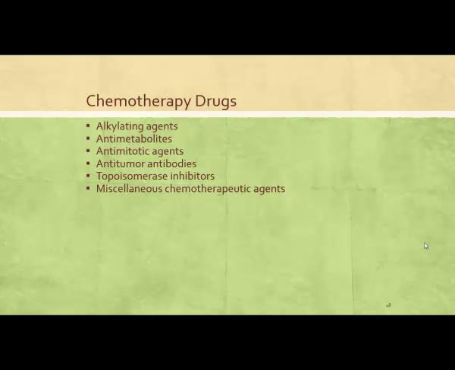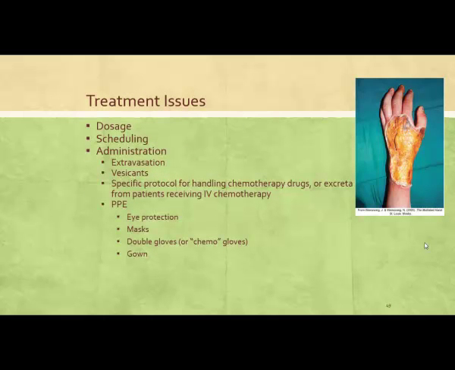And when we have that increase in effectiveness, we have more cell death, which then means more side effects to our patients. Some of the treatment issues we need to think about: dosing. In class, I talked about dosing. When we think about dosing, it's dosed off of milligrams per square meter of total body surface area. So that takes into consideration the patient's height as well as weight.